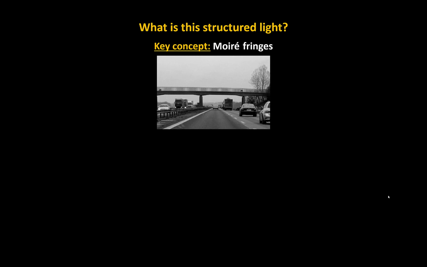You see these bridges that are overpasses, and what you might notice is that when you look at the fences on these overpasses, you'll see some kind of weird patterning or interference pattern that develops between the two railings that are superimposed on each other. So here you can see there's darker areas, there's lighter areas. This emergent interference pattern you see here is actually key to understanding the structured light we'll be talking about with